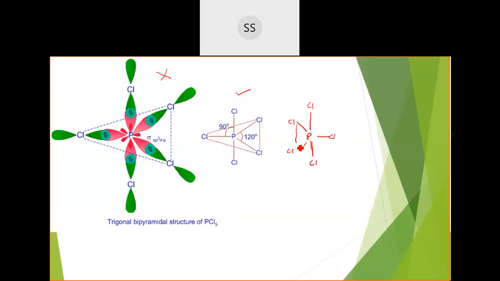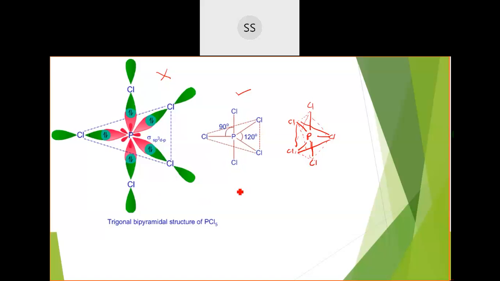Okay, so you will get a triangle here. On the plane you will have a triangle. Then when you join this axial chlorine with the equatorial ones, you will obtain one pyramid up. And similarly, when we do that for the chlorine which is placed below, we get another pyramid. So the geometry will be trigonal bipyramidal. Okay, before that you need to explain the angle. See, I told you in sp2 hybridization, we get 3 bonds which come in the plane, which makes the angle of 120 degrees. So you need to explain how many bonds of such category are there, and the ones which are present above and below the plane, how many are there, and with what angle they are present.